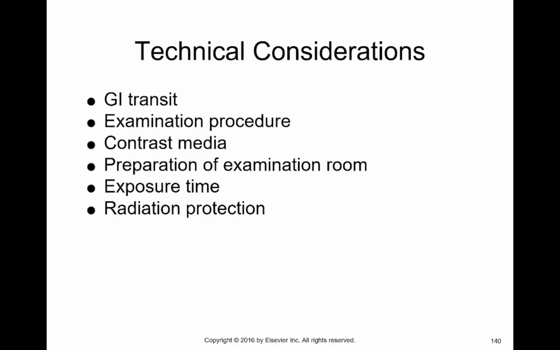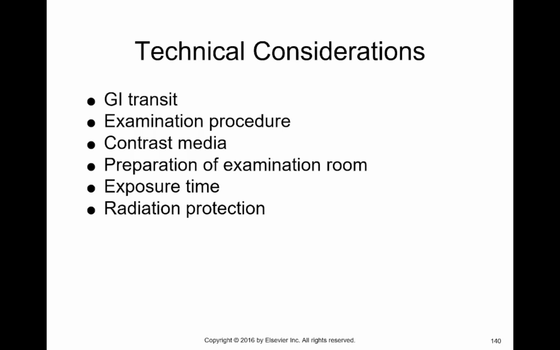So you may take a scout, have the patient drink, take a 15-minute image, look at it, see where the contrast is, take another image in 15 minutes and another image every 15 minutes for the first hour, and then you may go to every 30 minutes after that